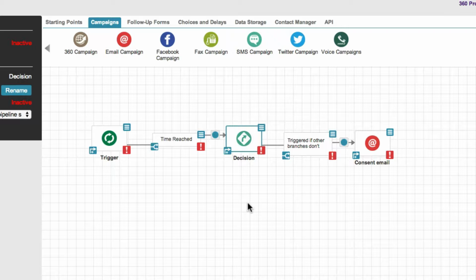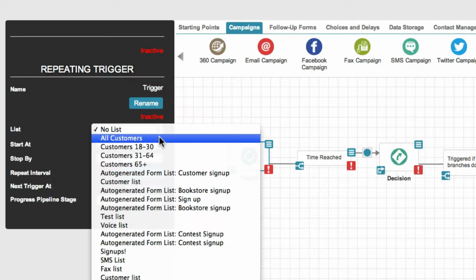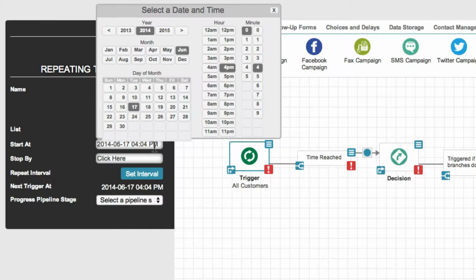First up, the repeating trigger. When you click on it, you can schedule the timing of a campaign. Use the first drop-down menu to choose the list you would like the consent request emails to go to. Next, select the date and time you would like for your first CASL email to go out and the end